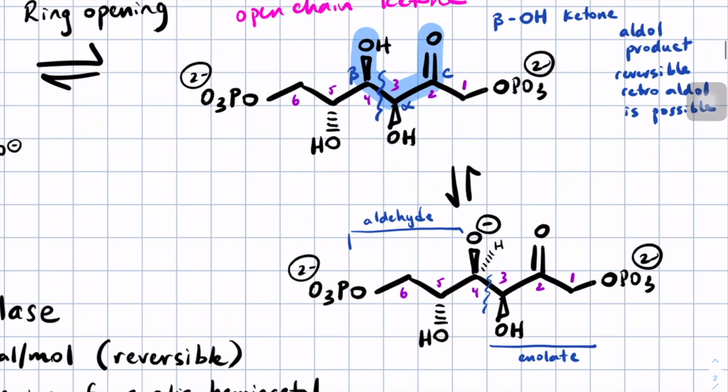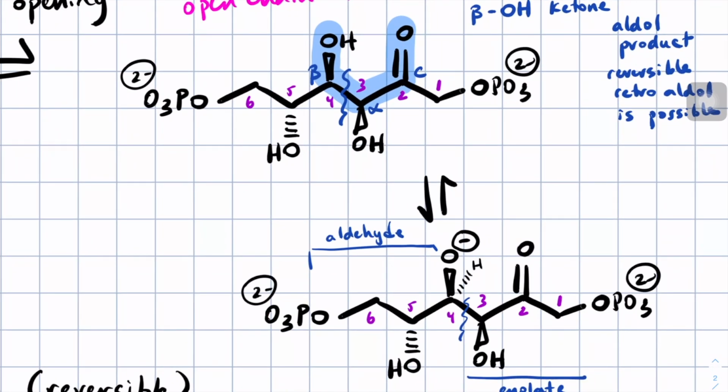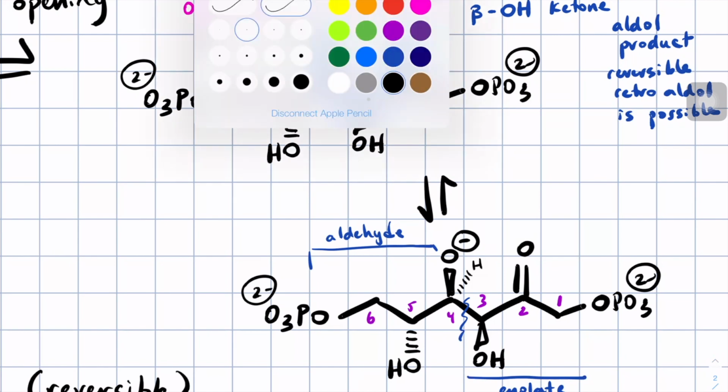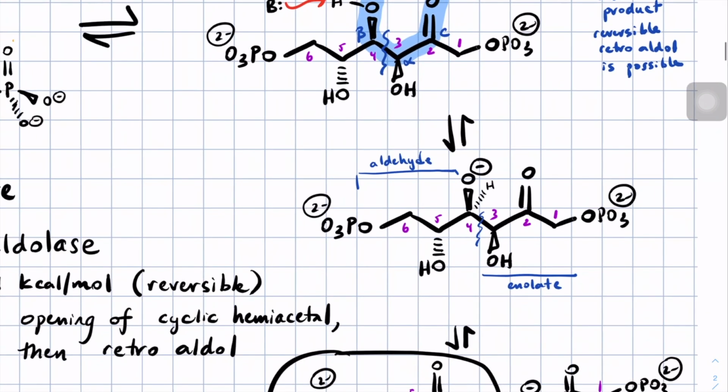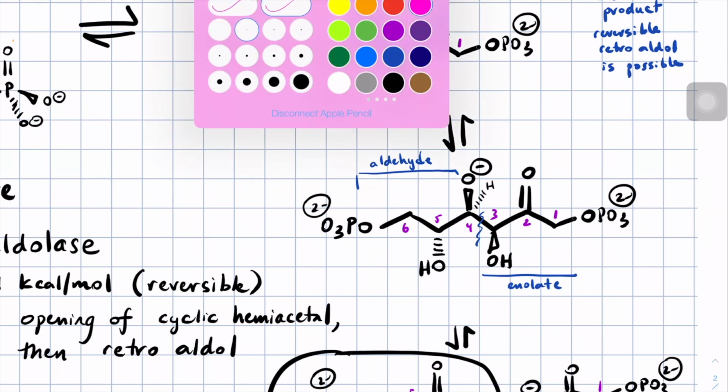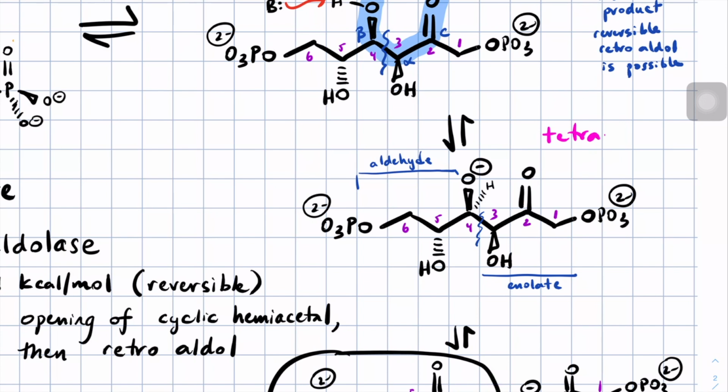All right, so let's show how those arrows would work. It looks like to get from the beta hydroxy carbonyl compound to its negatively charged product, we would need some base to remove the proton, and that would get us to the alkoxide. This is basically the tetrahedral intermediate,